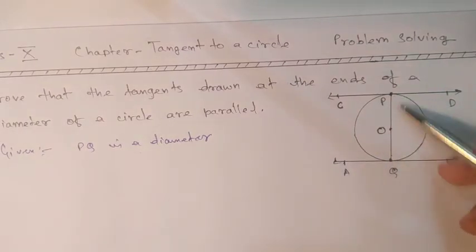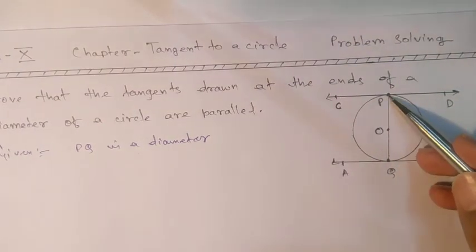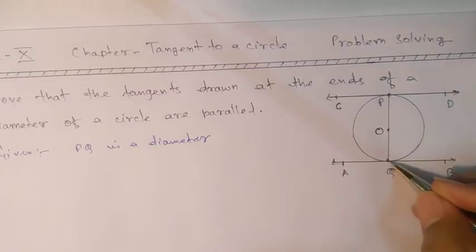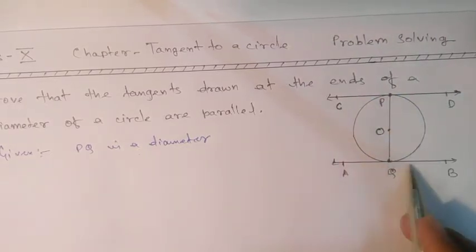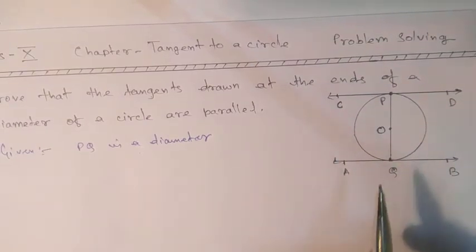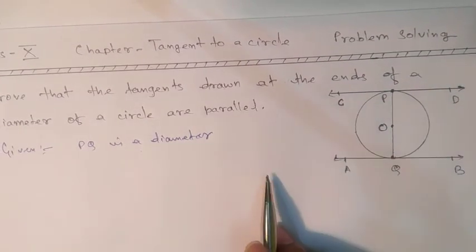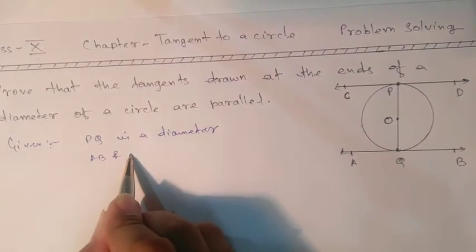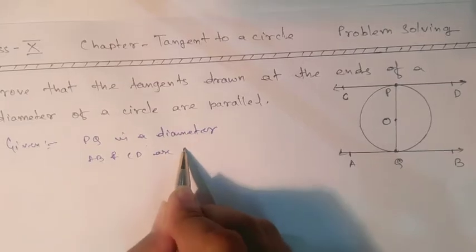This is your diameter, and P is one end and Q is the other end. So through P and Q, two tangents will be drawn, and they are asking that the two tangents must be parallel to each other. That means they have given that AB and CD are tangents